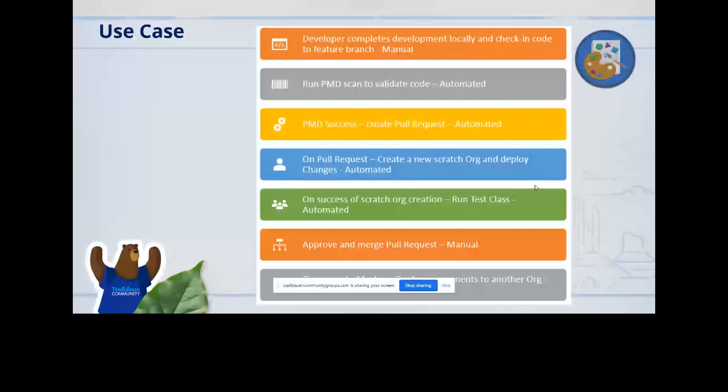Like I mentioned, on a pull request creation, to verify that the components are not going to fail when you actually deploy them to an environment, an additional step is taken, that is creation of a scratch org, deploy your changes there, run test classes there, and make sure everything is working fine. Once this operation is done, someone is going to manually go and approve the pull request. Once it is approved, the next automated job should deploy these changes to another environment. It can be a sandbox or it can be a production. But for demo purposes, I will be deploying these changes to another developer edition itself. Now, let me show you the details.